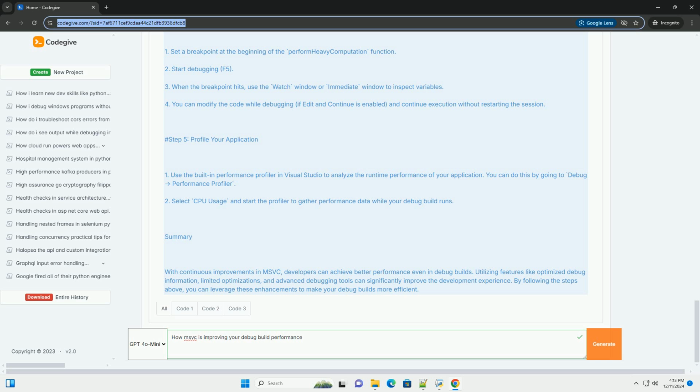cpp. #include <iostream>. #include <vector>. #include <chrono>. void perform_heavy_computation(int n) { std::vector<int> data(n, 0); for (int i = 0; i < n; ++i) { data[i] = i * i; } std::cout << "Computation done for " << n << " elements." << std::endl; } int main() {